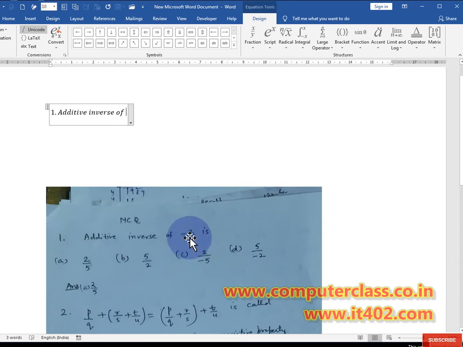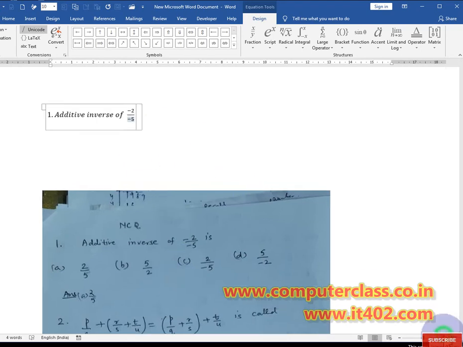Next one is in the form of fractions, so take the fraction from here and put the value -5 on the top, -2 on the top, and -5 on the bottom.